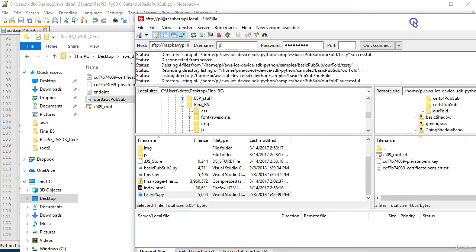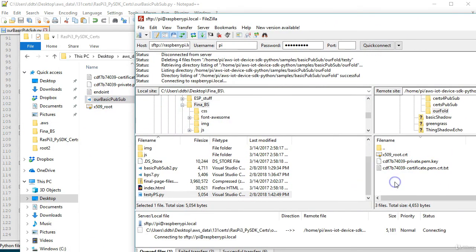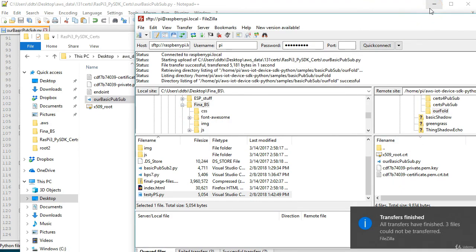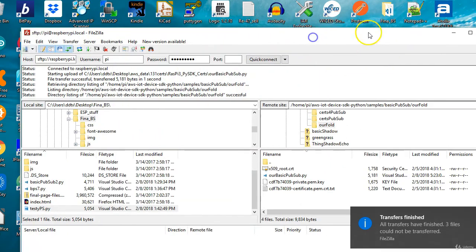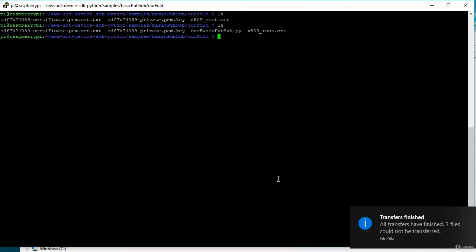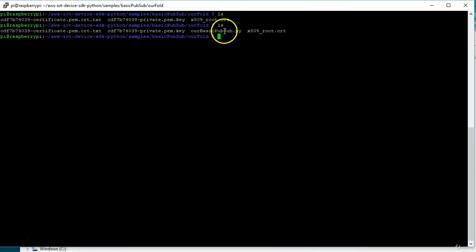So I'm just going to move this over here and put it right over here to the correct folder. So now that it's in there, we can do the rest of this in Raspberry Pi. So let's go over here to our Raspberry on PuTTY. If we do a list search here, a directory, we'll see that our program is in there, our basic